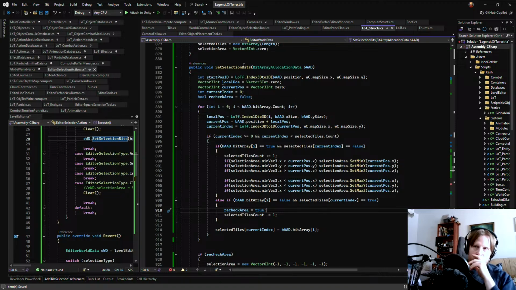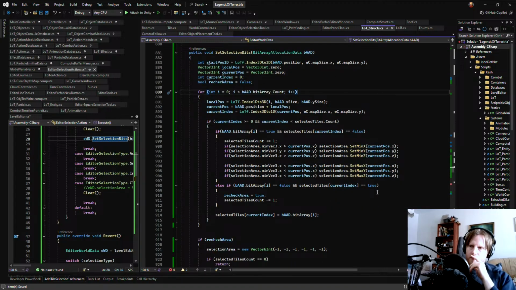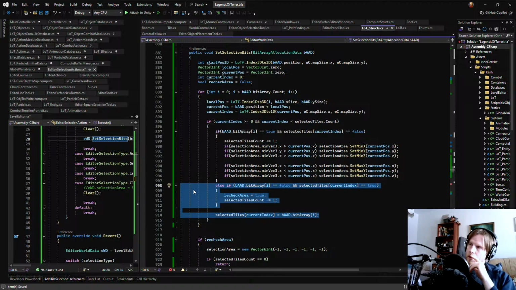So I have a function called set selection bits here. And it just sets the bit to whatever is in the other thing. But I kind of wonder if that's how it should work.